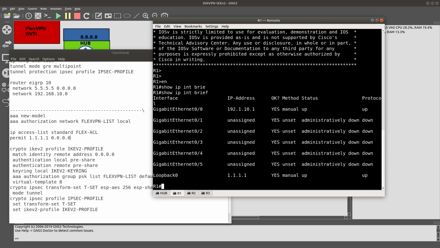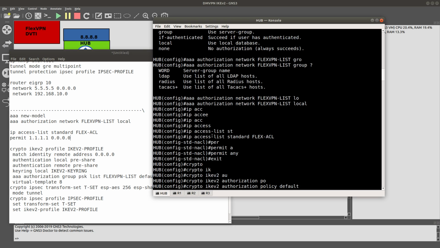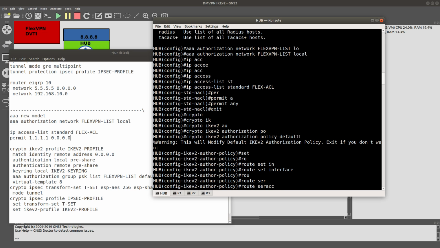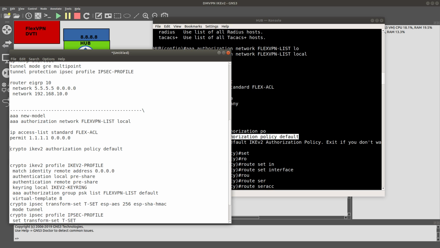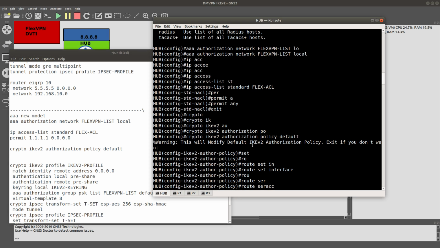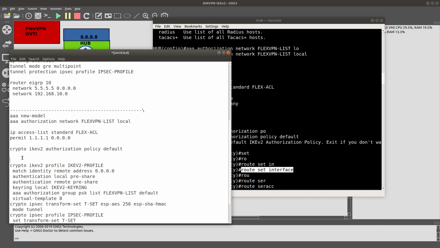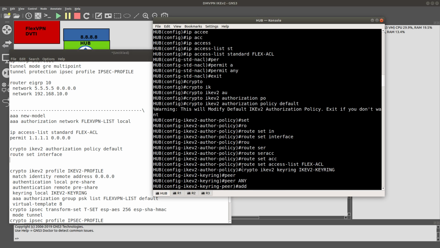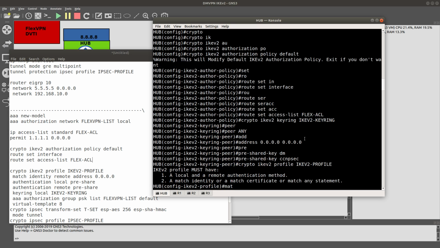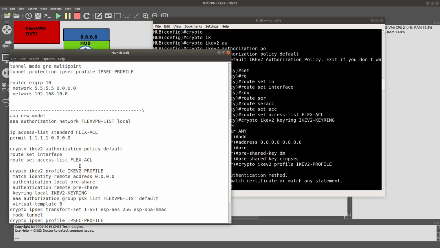And after that, we configure the crypto IKEv2 authorization policy. Copy it, paste it in here. And inside this policy, we just set the route set to interface, and then we added the access list, FlexVPN ACL. And then after that, we did the